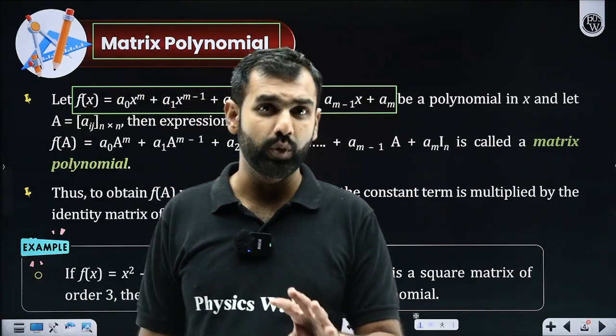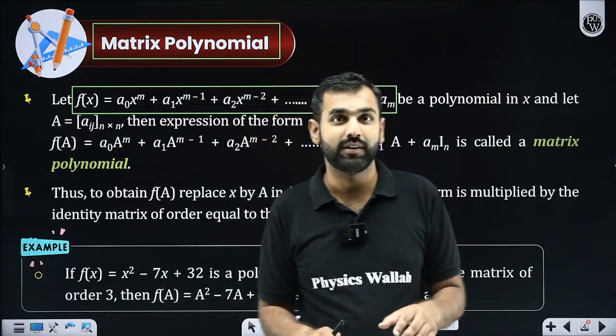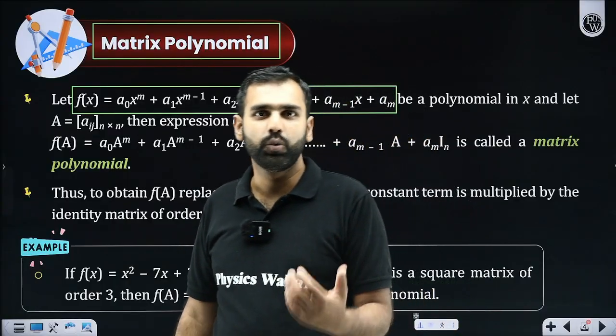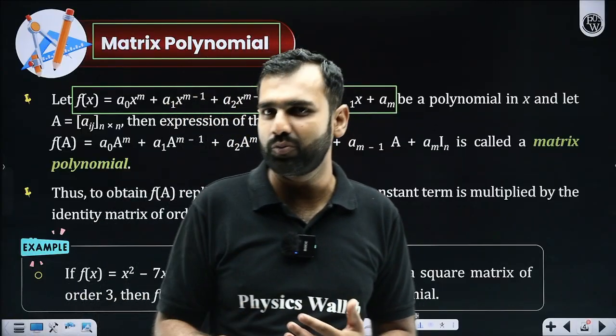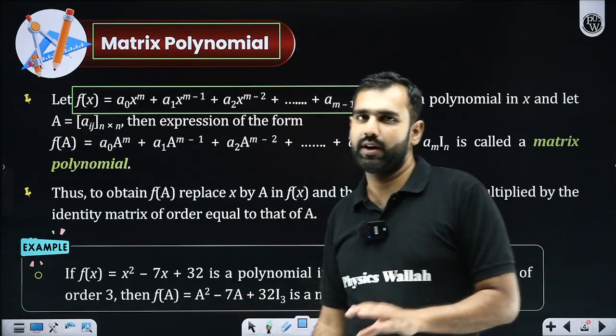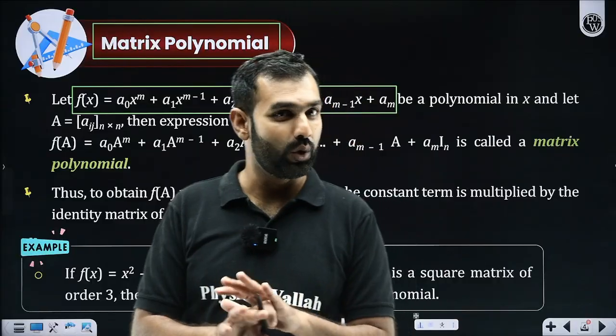That's the beauty. So if you wish to write the matrix polynomial for a matrix, and it is a 3 by 3 square matrix, it will give you a cubic matrix polynomial. If it is a 2 by 2 square matrix, and you wish to write its matrix polynomial, you will get a quadratic polynomial. Whatever I've said so far, is that understood by everyone? I hope there is no confusion on that.